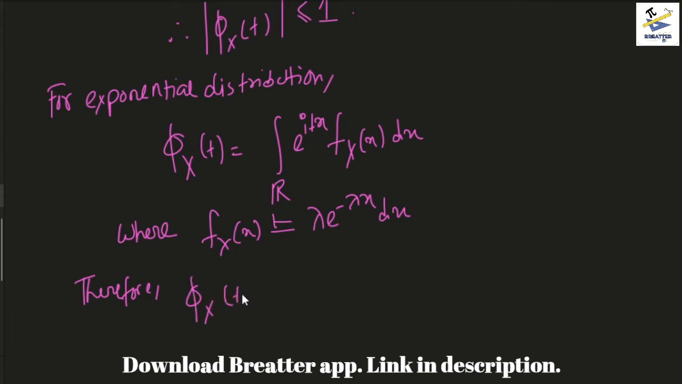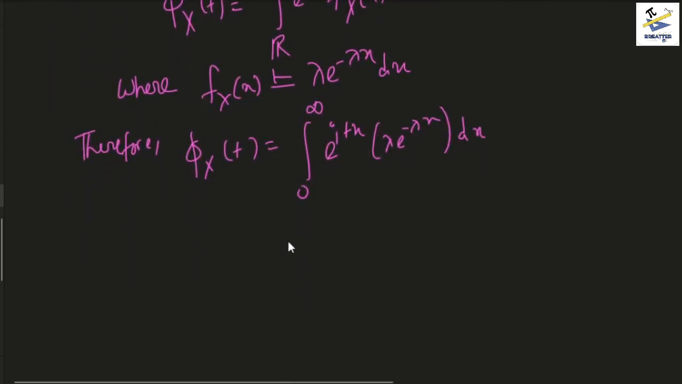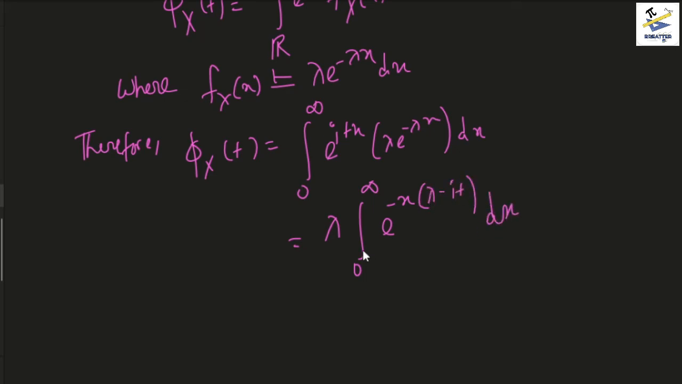phi x of t, since the region of integration is just 0 to infinity, we can write this as e to the power itx into lambda e to the power minus lambda x dx, and this would give us lambda times the integral from 0 to infinity of e to the power, you can take minus x common again, and it will be lambda minus it dx. And using the same rules, we do not actually care right now that i is a complex variable, just know that it will evaluate to lambda by lambda minus it, which is the CF, or the characteristic function, for